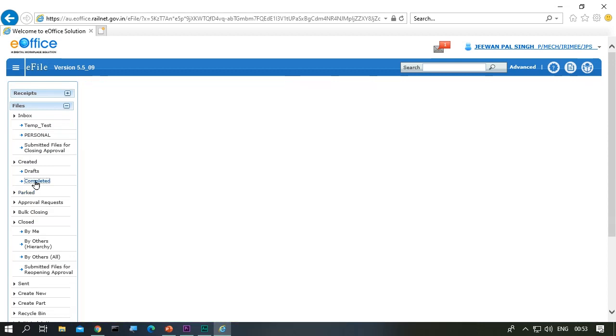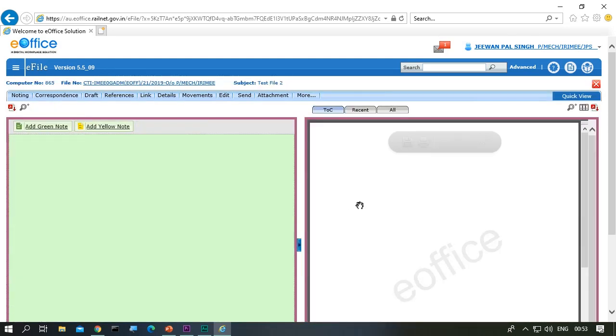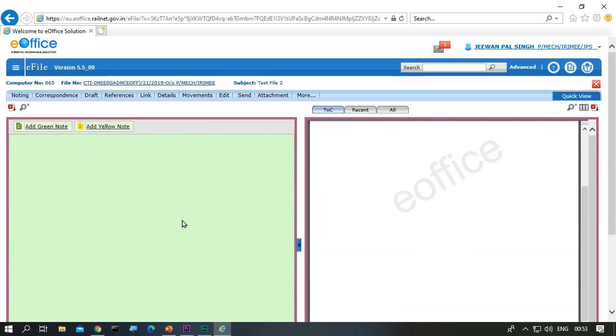Now let's deal with some other file. There are some test files. Let's open one. There is nothing in that. We can always add some note.